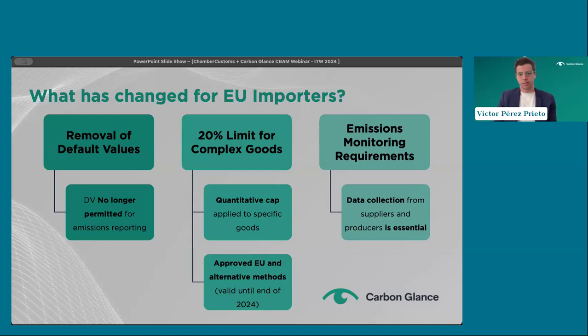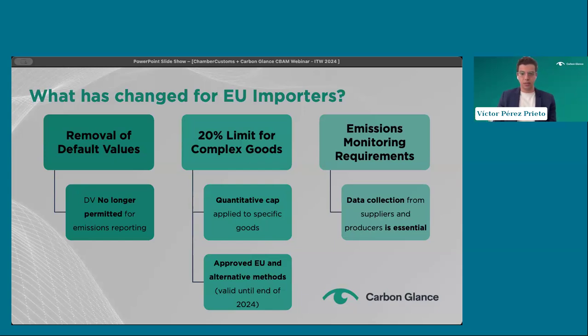The Commission refers to them as equivalent methods to the EU method. This equivalency has not yet been clearly defined by the European Commission, but it's important to remark that these alternative methods to the EU method, which is the one that should be applied after 2024, are only permitted until the end of this year.